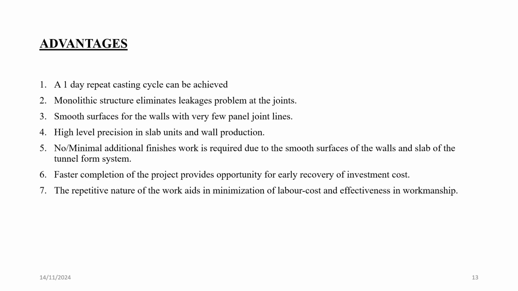Here are the advantages of the tunnel formwork. First, a one-day repeat casting cycle can be achieved. Second, monolithic structure eliminates leakage problem at the joints. Third, smooth surfaces for the walls with very few panel joint lines. Fourth, high level precision in slab units and wall production. Fifth, no additional finishes work is required due to smooth surface of the walls and slab of the tunnel form